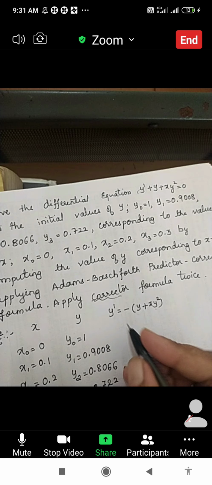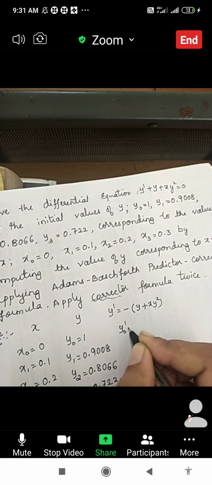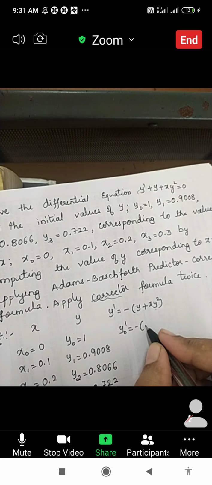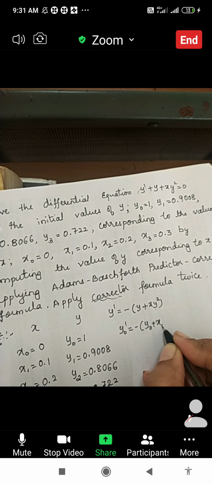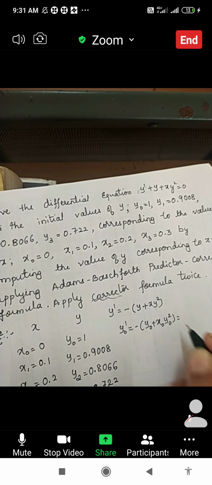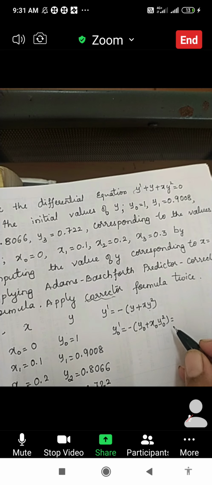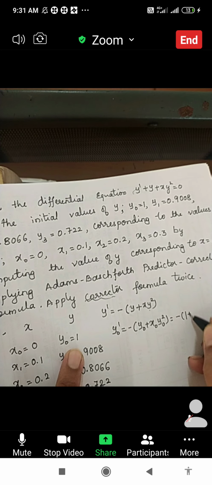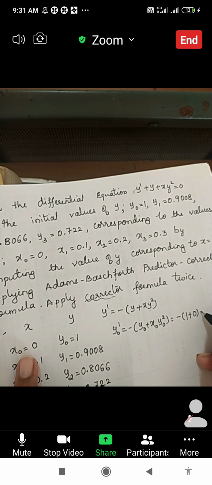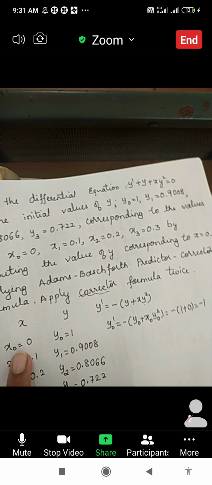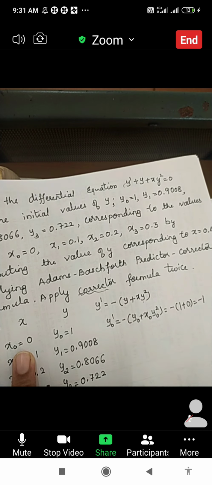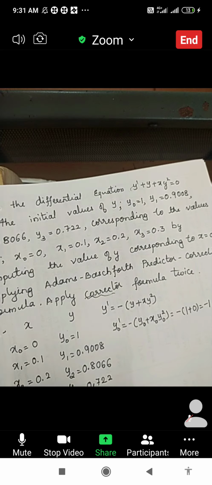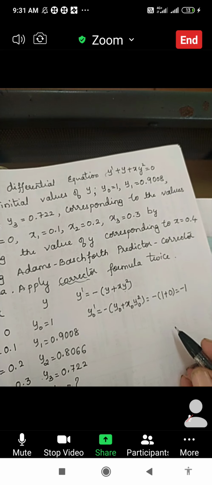Now, okay, let us start calculating. We have to find these values. So here this is y0 dash. How y0 dash is defined? Minus of y0 plus x0 into y0 square. Okay. Yes, substitute. So this is going to be minus 1 plus, so 0 into anything will be 0. So the value is nothing but minus 1. So sometimes we'll get the values as negative values. Some values are 0 also. Negative, positive, any value. Do the calculation correctly.